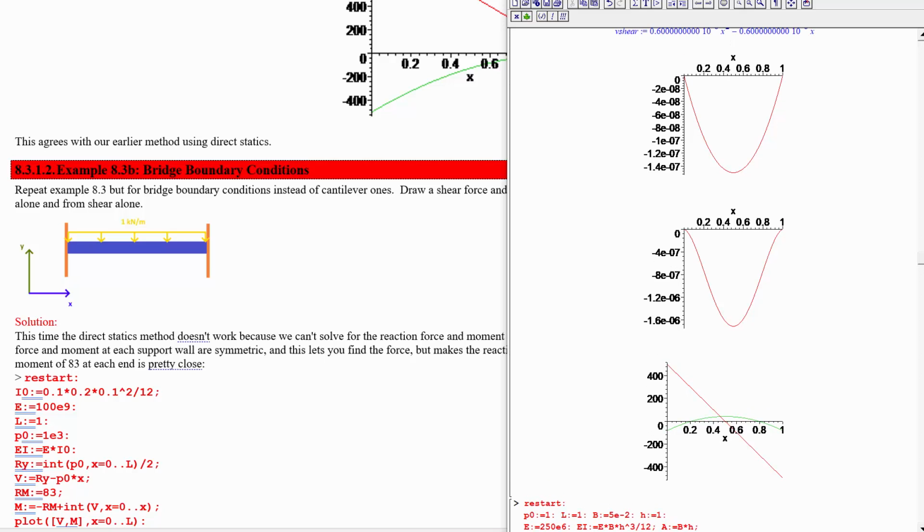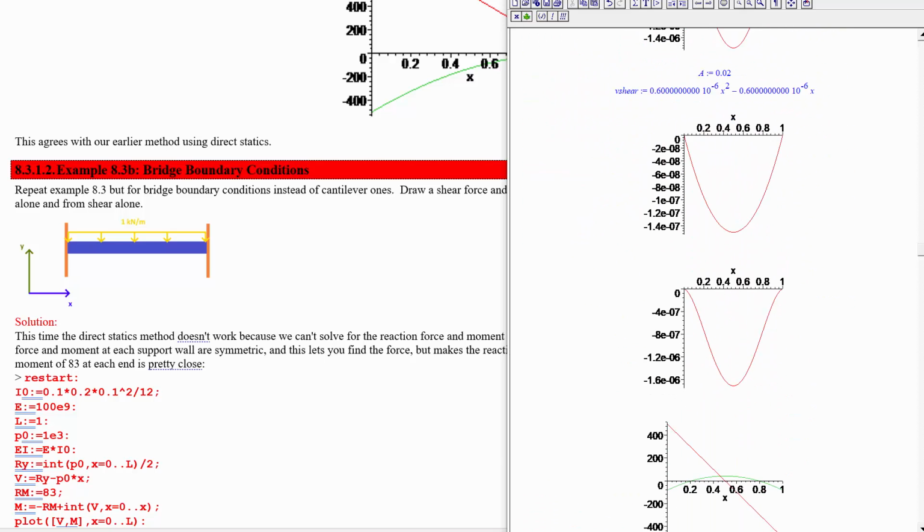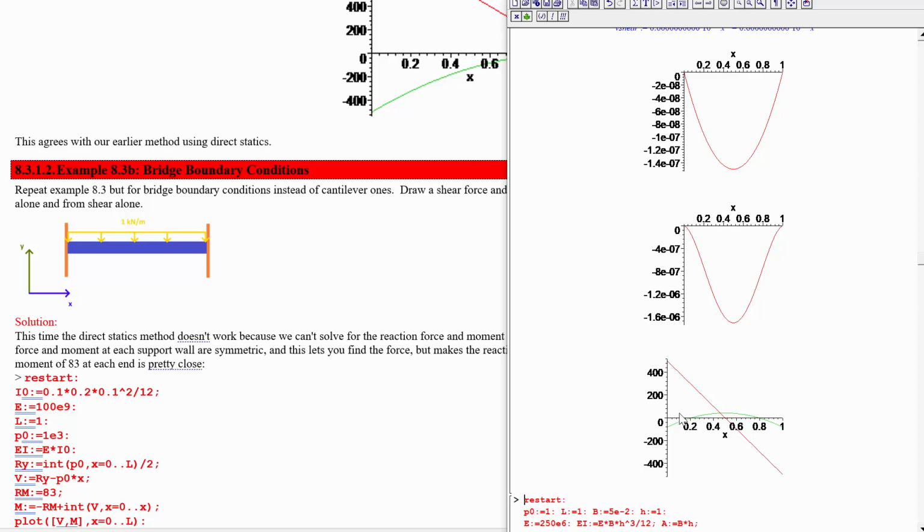And there we go. So if we wanted to know what the reaction force is, you could just figure out what the shear force internally is right at the wall, and that has to be counteracting the wall's reaction force. So this shows you it is indeed the most balanced approach. It's got 500 there, and then 500 on the right end as well, and actually a fair bit less than half the moment, because we don't need to apply nearly as much moment at the walls in order to counteract